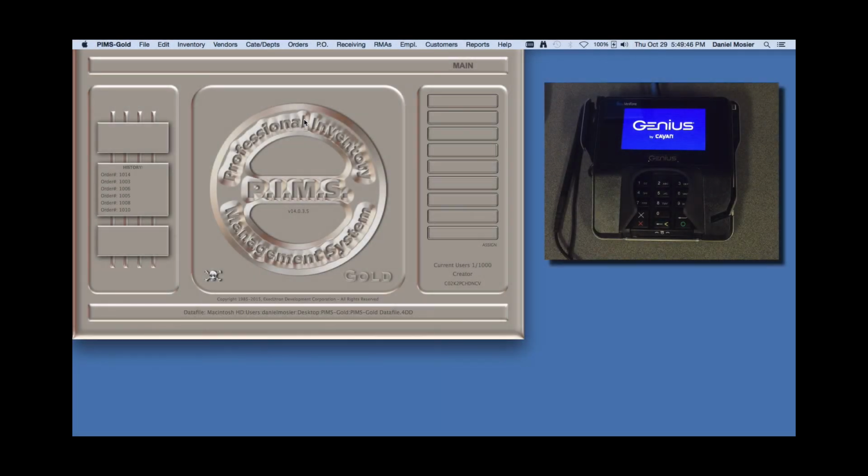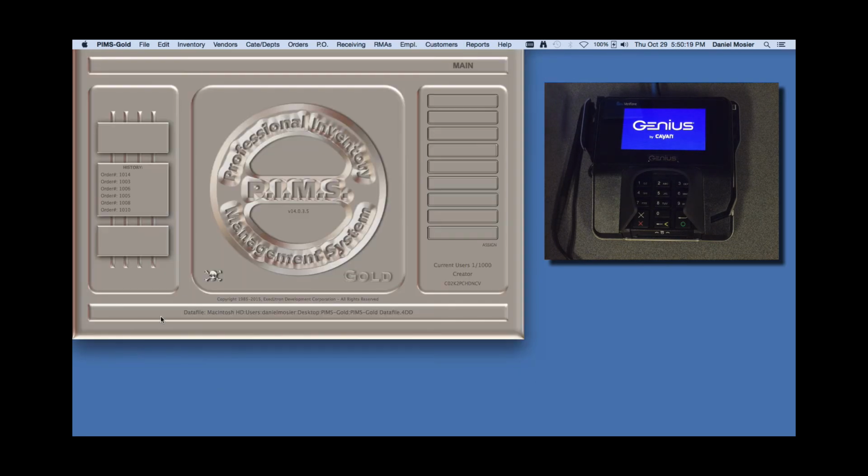Okay, let's talk refunding. There's basically 3 different ways you can refund a credit card transaction to a customer. You can refund it back to the original transaction, which both Cayan and PIMS stores. You can refund it physically to a credit card, or you can actually refund it to a gift card. Basically, you take the money owed to the customer and you can charge up a gift card with it. So let's go ahead and